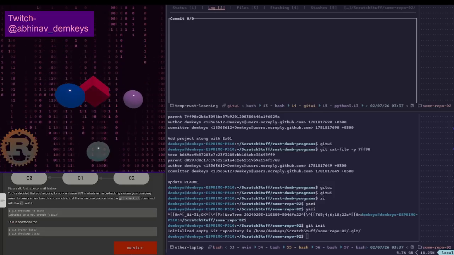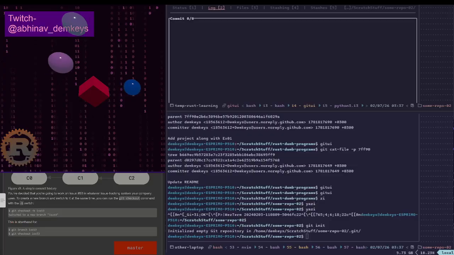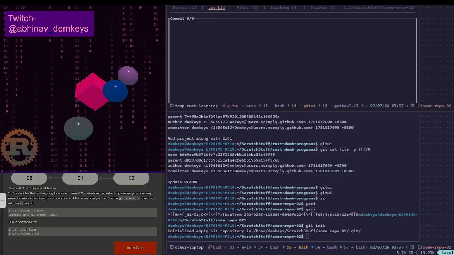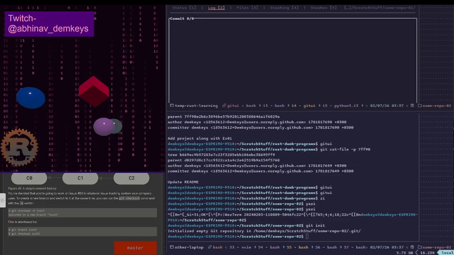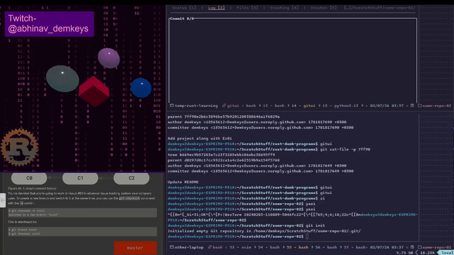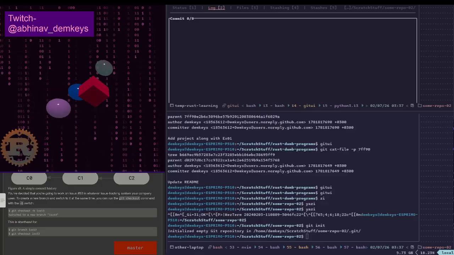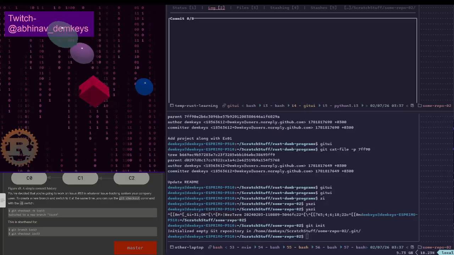I'm going to have to go through this list of tabs that I have over here.